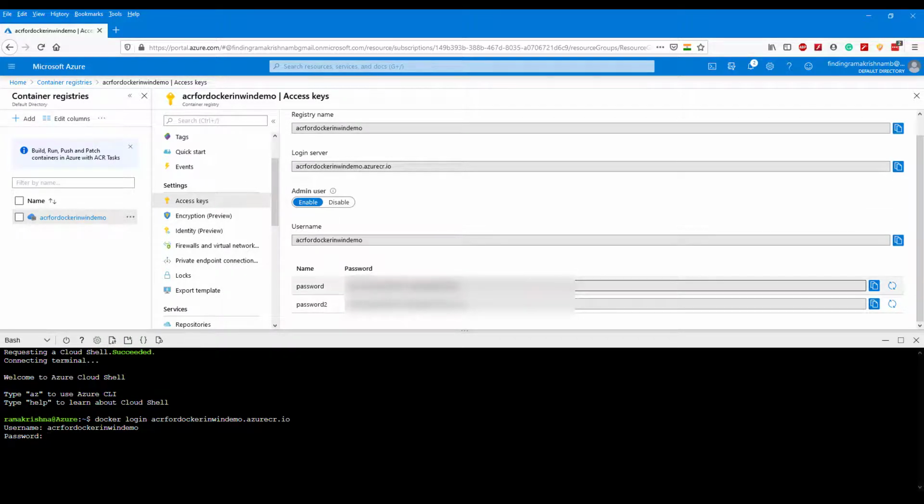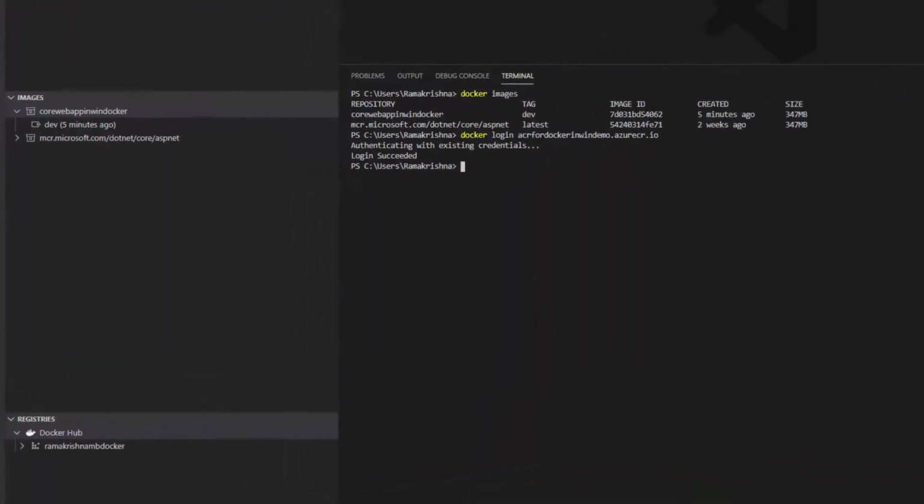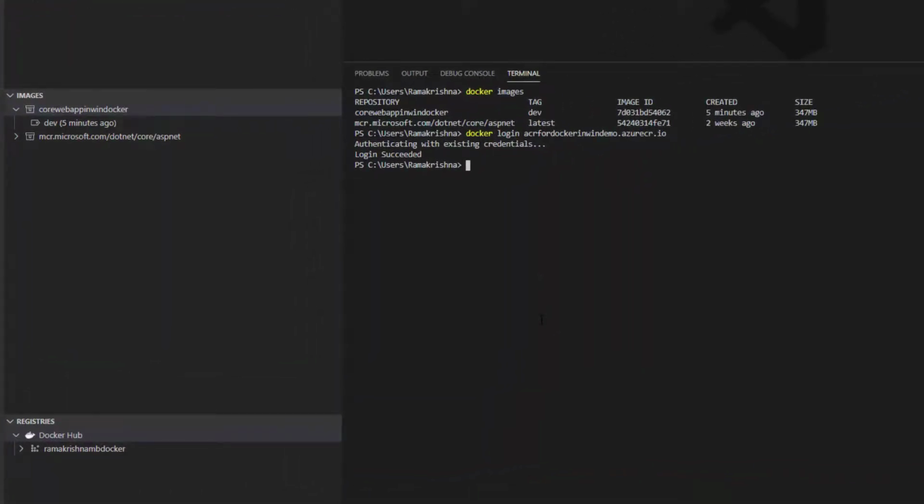It is asking for password. Now just copy it and paste it over here. If you see the message, login succeeded. So these were the same steps I followed to log in from my local Visual Studio Code.